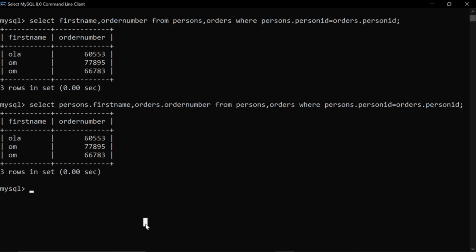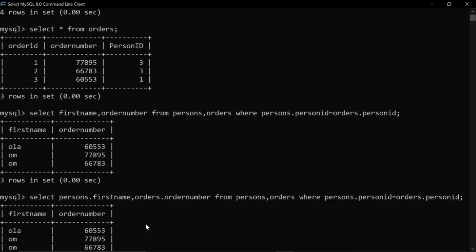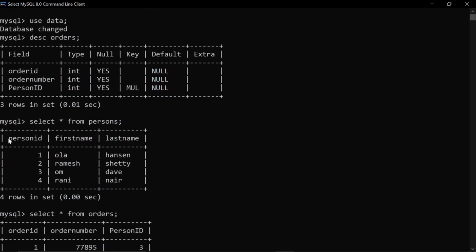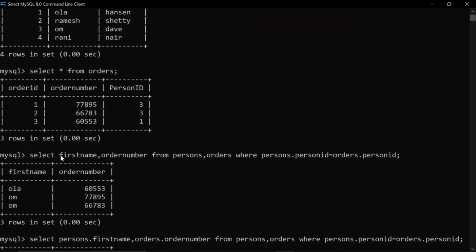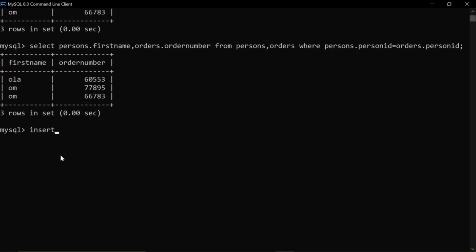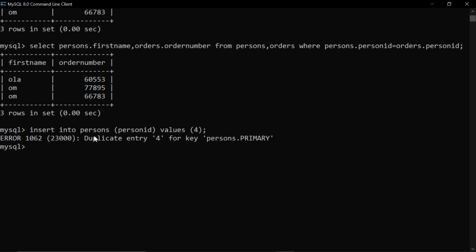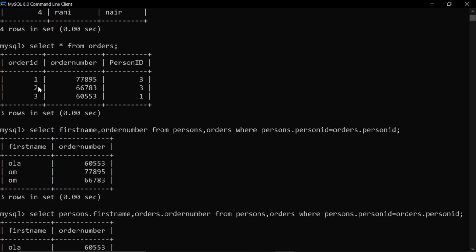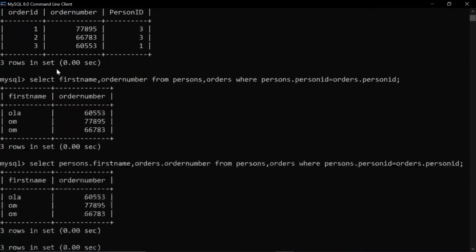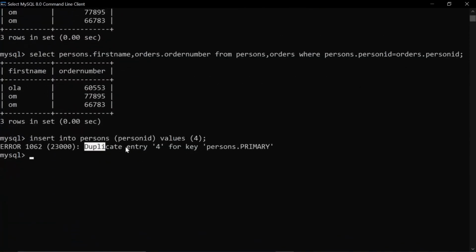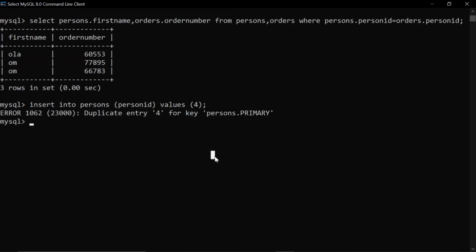Now how the foreign key works, so here suppose we are having this data and in person ID it is just the same. So now suppose I'm entering my data, so here the 4 number is already taken, right, in the person ID for the persons. So now here you can see the error is coming that the duplicate entry 4 in the key, that is persons dot primary. So it will give you an error in this way, and this is the only one property of primary key.